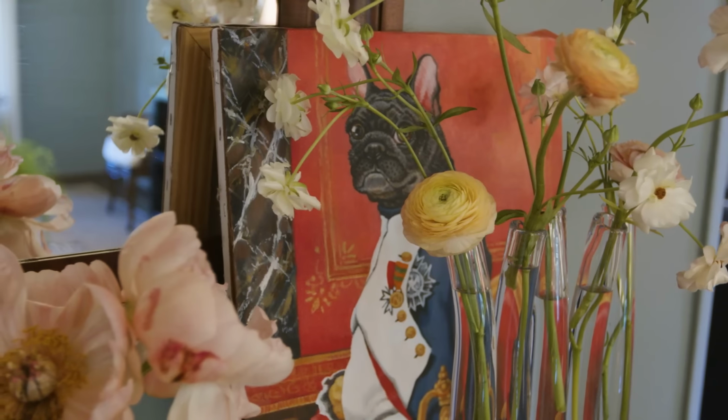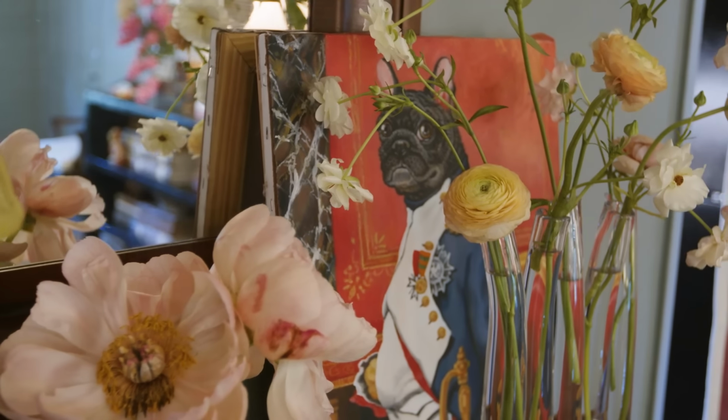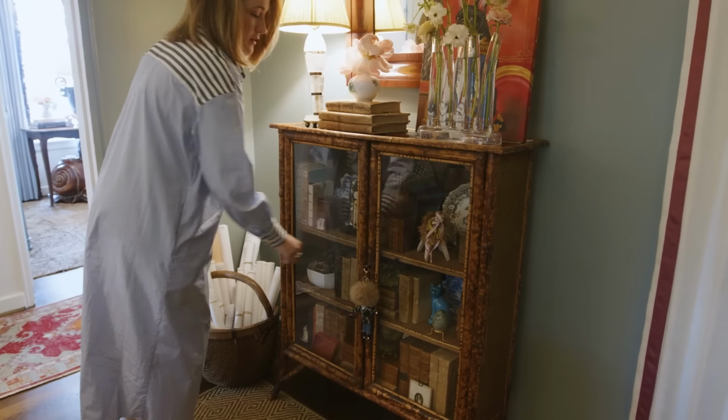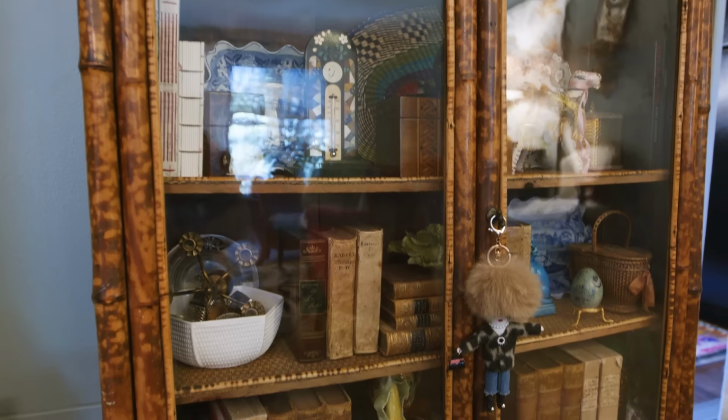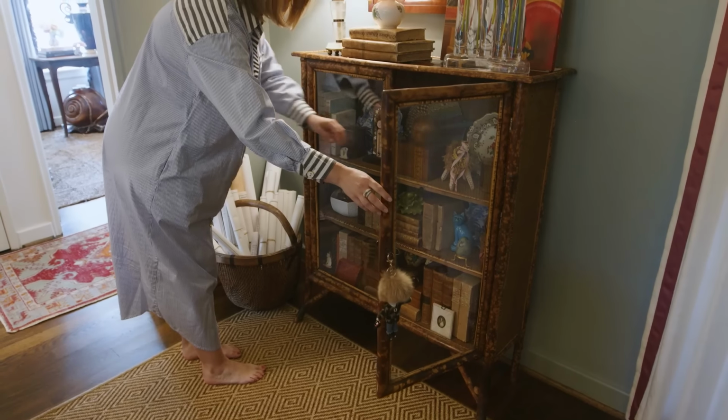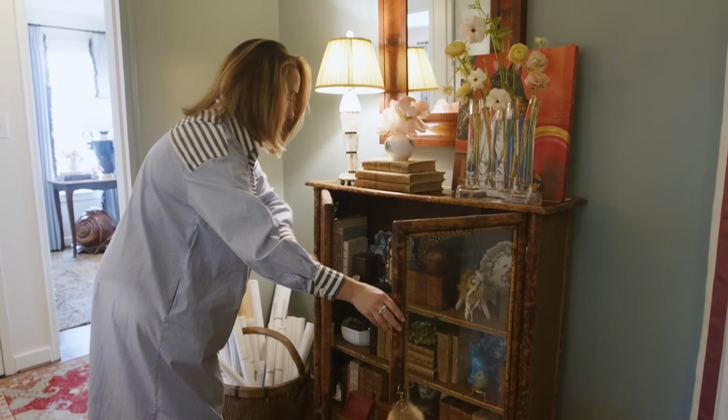And then the bookshelves themselves are just full of some of my favorite things. I have Tina Turner, of course, because who doesn't want Tina as the gatekeeper to their favorite things. But one of my prized possessions